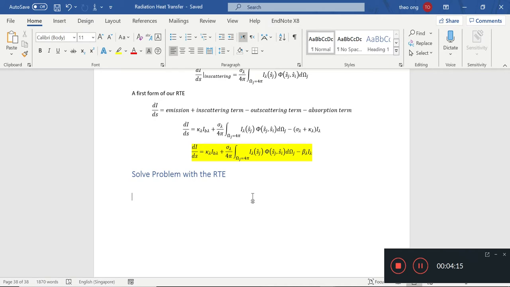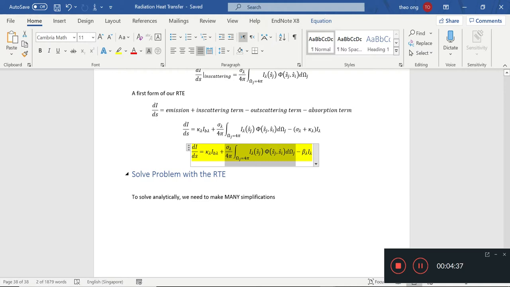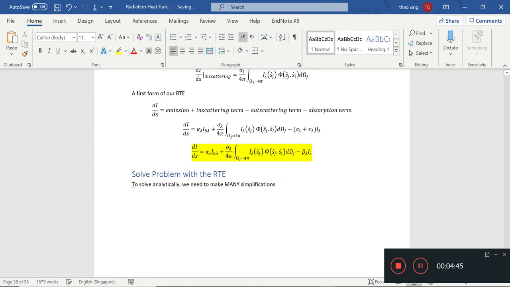And as you can see, it's pretty complicated, and if you want to solve it analytically, we'll have to make many simplifications, because as you can see, this scattering term here makes it an integro-differential equation. Differential because there's this dI/ds here, and the integral part is here. Scattering just messes everything up. It makes it very complicated to solve. So solving analytically is not very practically useful, but